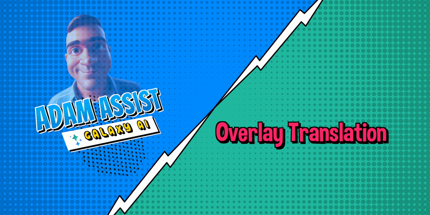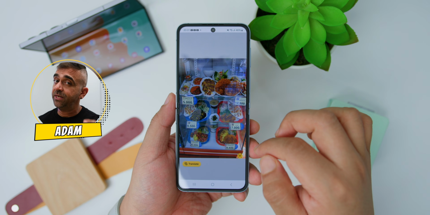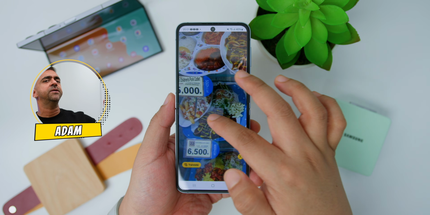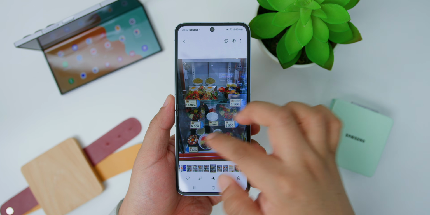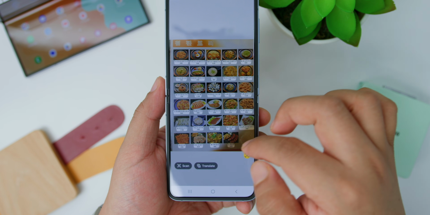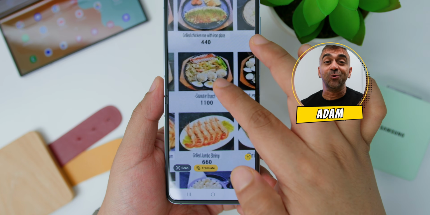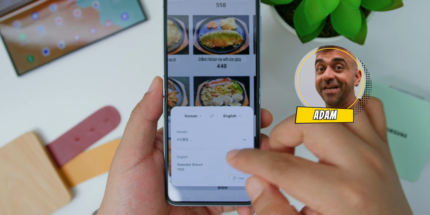So the overlay translation feature helps you to understand foreign languages super easily. For example, let's say you went on a trip to Korea, and you came across a Korean restaurant where the menu is in Korean language. No worries, because you can translate it very quickly by first taking a picture of the menu. Next, open the picture in the gallery and then you'll see a text icon towards the right. Select that and hit translate, and just like that, it will automatically translate super fast even without an internet connection. Super cool, right? So now you won't have any language barriers. So thanks to Galaxy AI, you can go ahead and travel with ease.